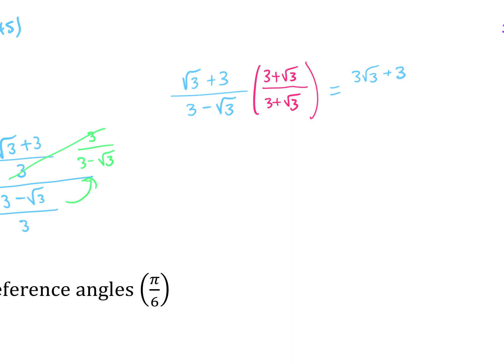That's outside, inside, and last. And then in the denominator, I'm just doing first and last because outside and inside are going to add to 0. So 3 times 3 is 9 minus 3. Okay, so now we've got to do,